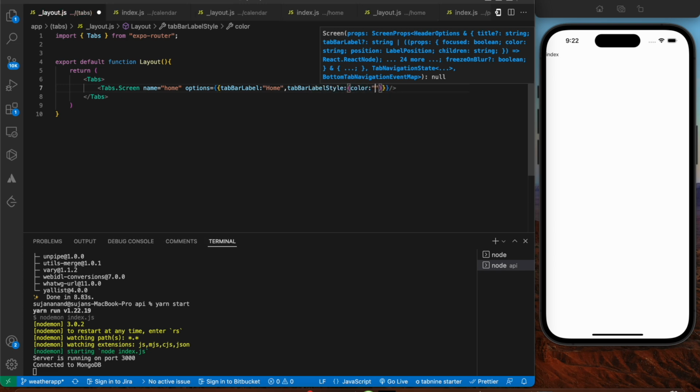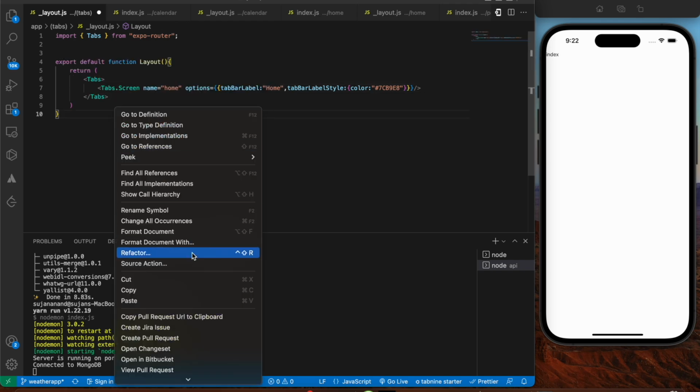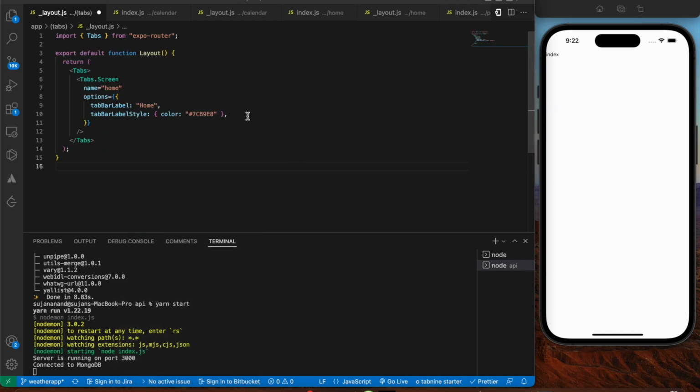So we're going to pass in the color, that's going to be this color code, that is 7CB9E8. And after that we're going to say header shown as false,